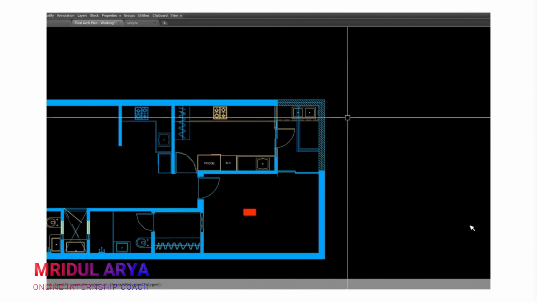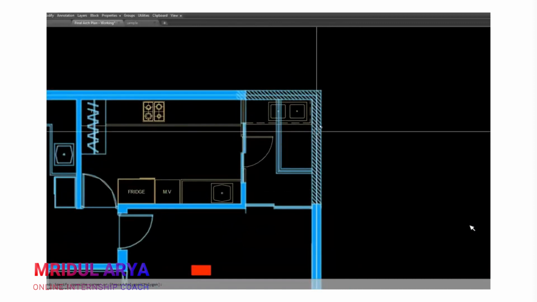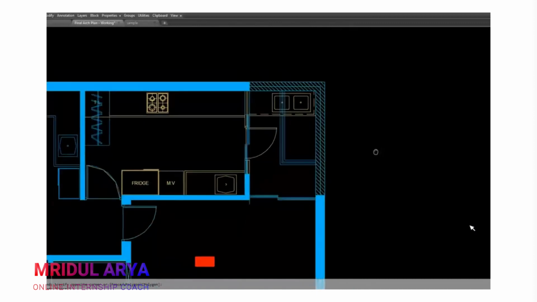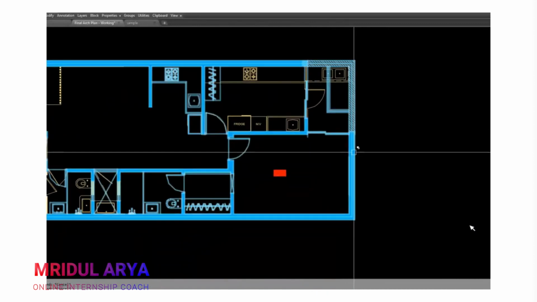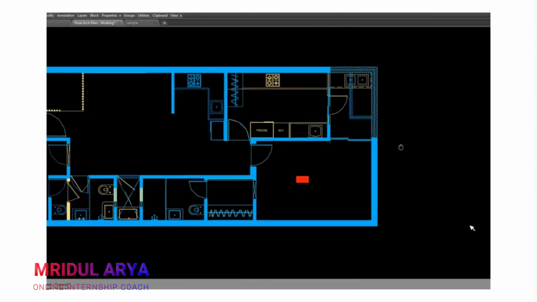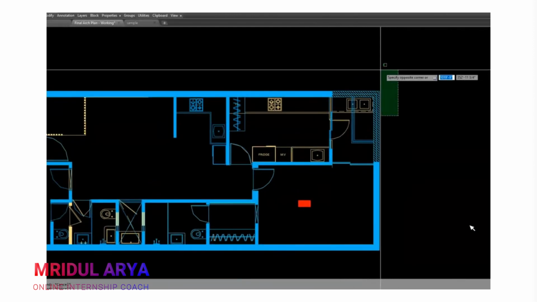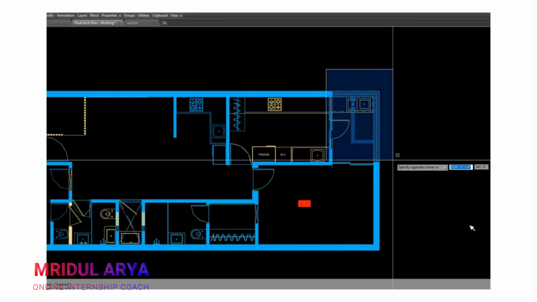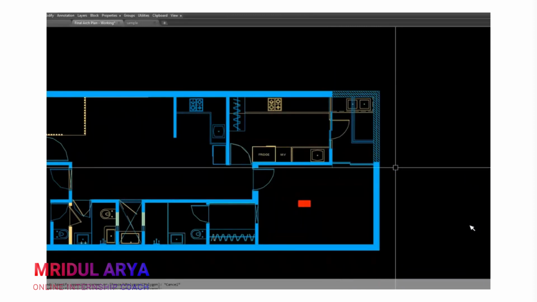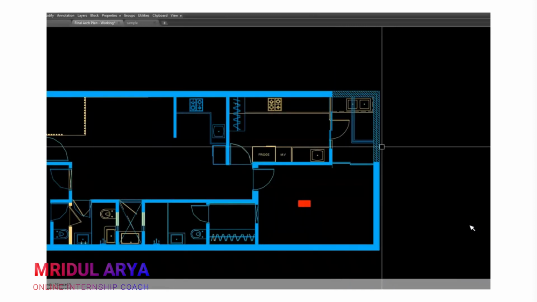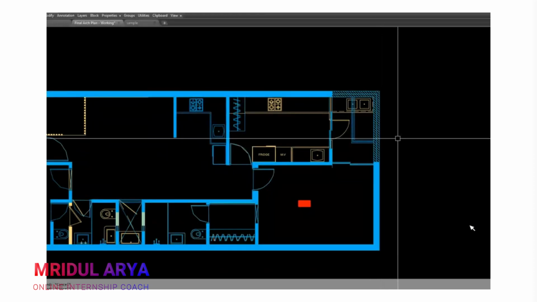Okay. Now you can see there's a different hatching in this area and the solid hatching we have in this area. So that implies that there's something different going on in this area. So we need to check out what it is. So in this case, this hatching represents the half height of the wall.